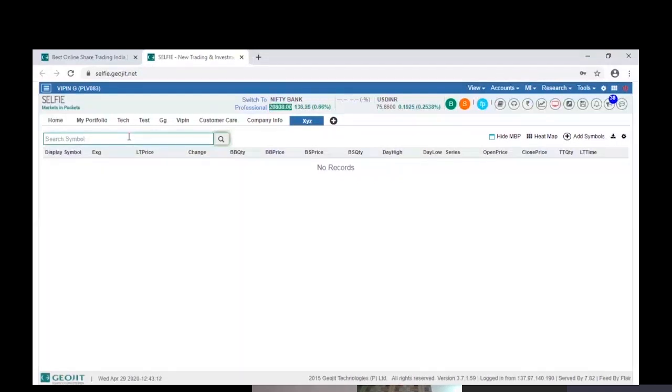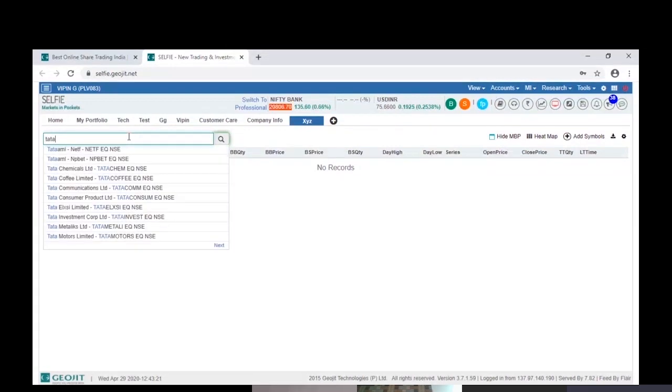From the watch, now we will have to add scripts to the market watch, and let us type a couple of characters. Say for example, it is related to Tata. Just type the first 2-3 characters of the script. So I just type Tata, and now you can see all the scripts with the name Tata coming onto the screen. So it is now easy for you to add.